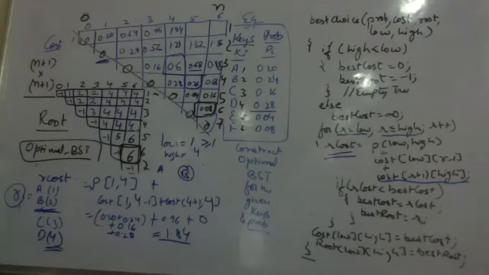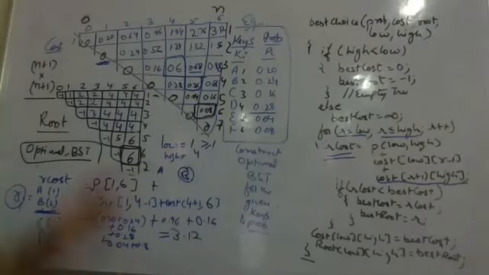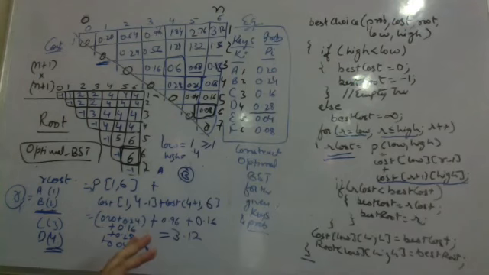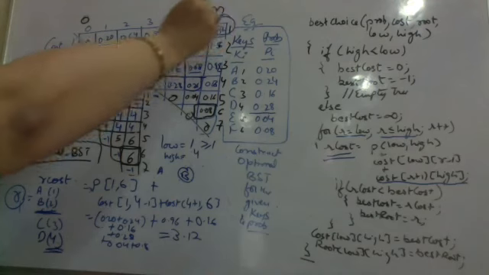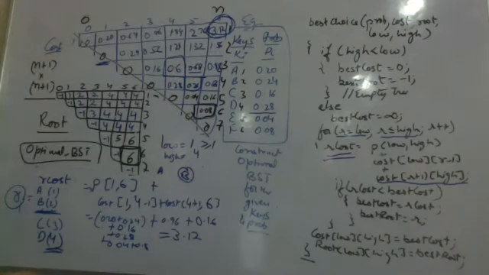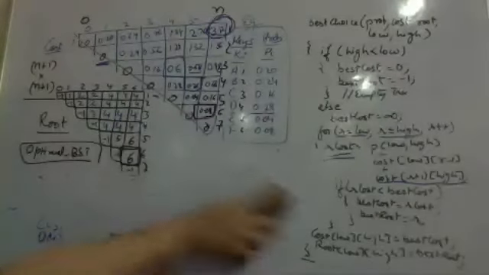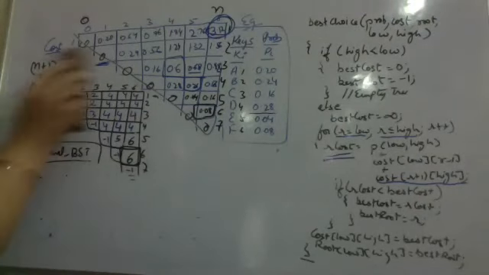Now how do I construct the tree? To us after calculating all the costs and after getting the roots, now I want to construct the optimal binary search tree with the minimum cost of searching in the tree, which is 3.12. So the minimum cost I've got is 3.12 here. Now I want to be able to construct the tree. So from the given root, actually only this table we have got here.